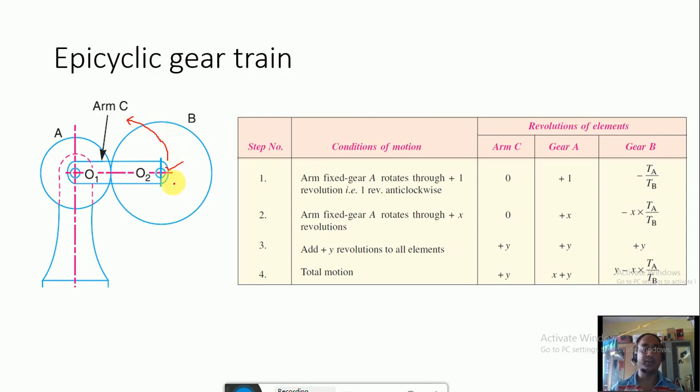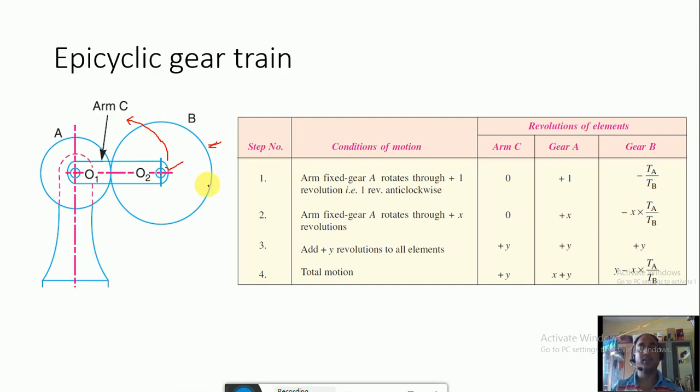Then how do we find the gear train value or the speed of the second gear, this gear B? Sometimes it may happen that gear B is not rotating at all but the shaft is rotating. Or it may also happen that gear B is rotating at a very high or very low speed. So it is very difficult to find the train value and the speeds of such gears in the gear train.